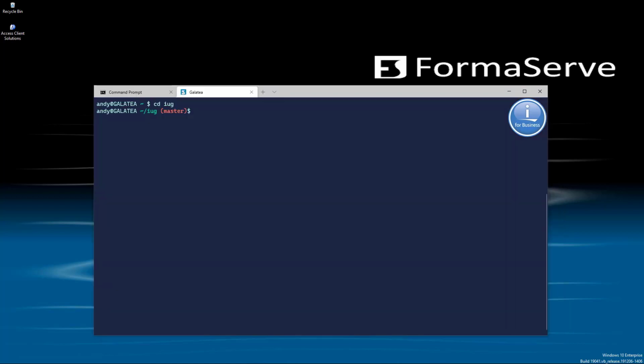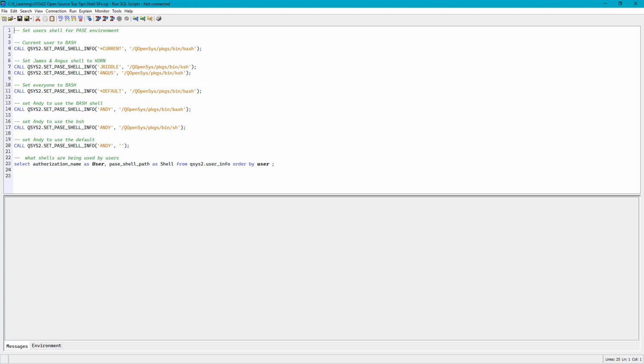Now we know all about the different types of shell and know the default settings are not the best, how do we change over to different shells? Good old Run SQL Scripts from ACS. IBM provides a stored procedure to change shells. There are a couple of other ways to set shells, but this is now the preferred method. Let me fire up Run SQL. The stored procedure, or SP, is